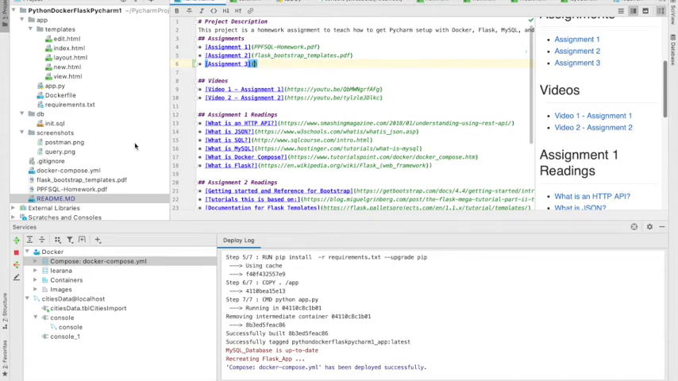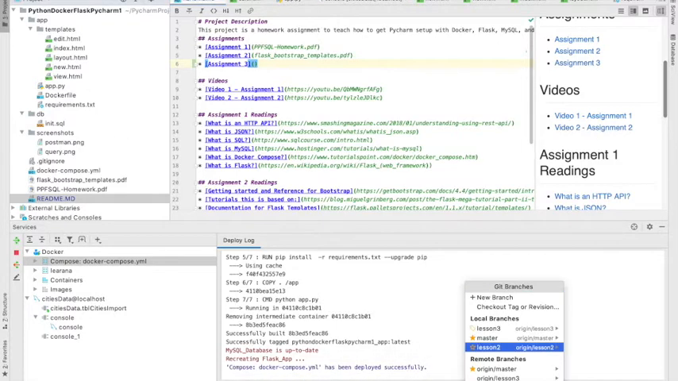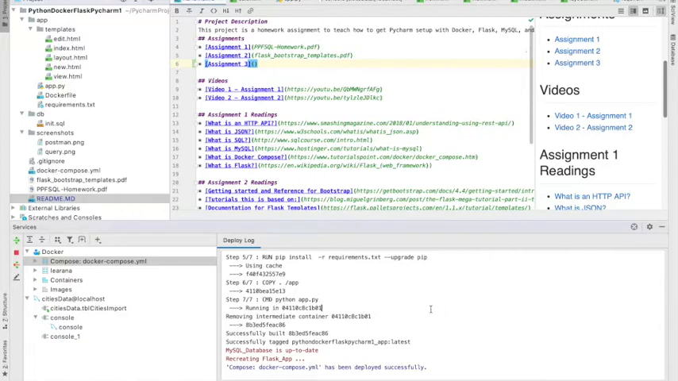Alright, so when you clone the project, you have to make sure you're on branch less than 3. Okay, that has the version of this for the project. When I start this up,